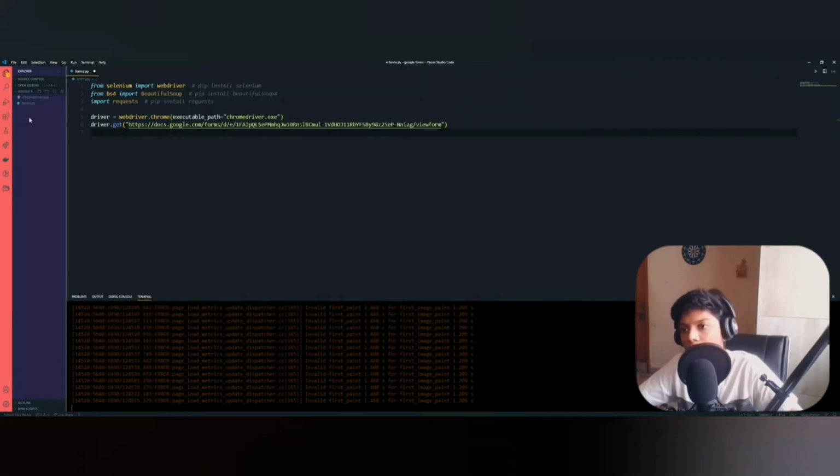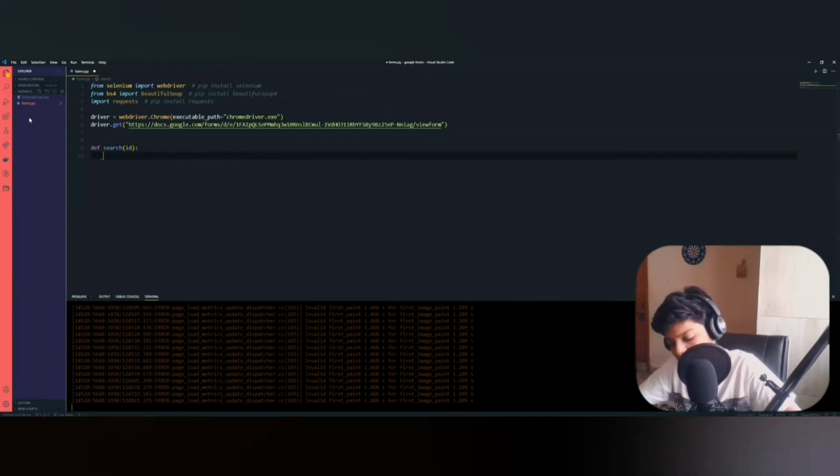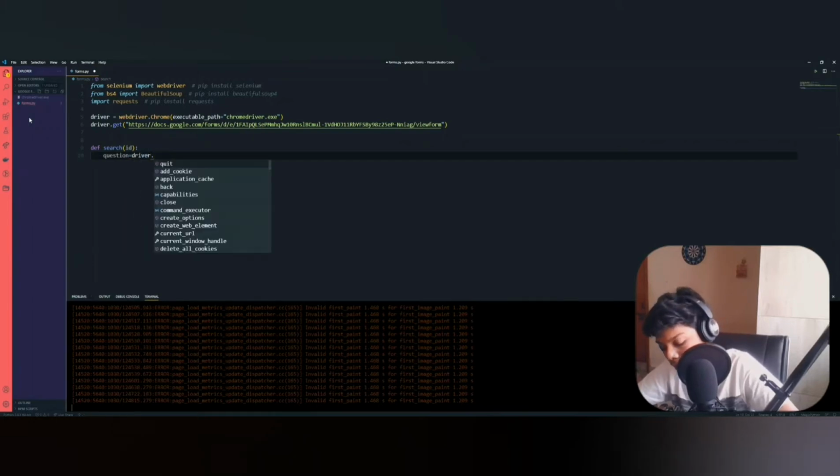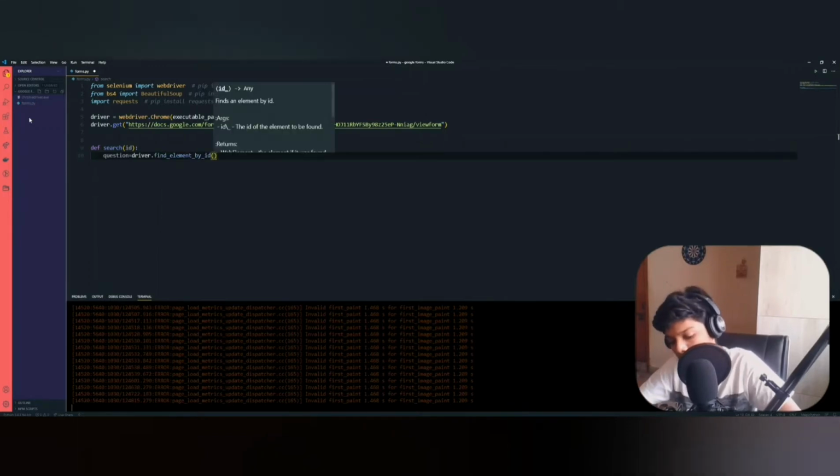Let's create a function called search. This function is going to accept one parameter, ID, and then let's create a variable called question. So driver.get, find element by ID, and then give it this ID.